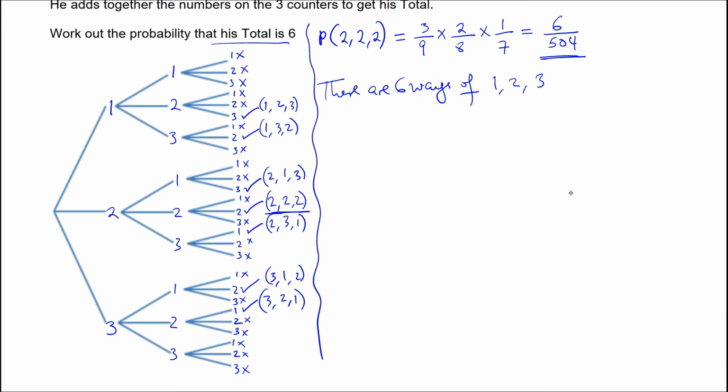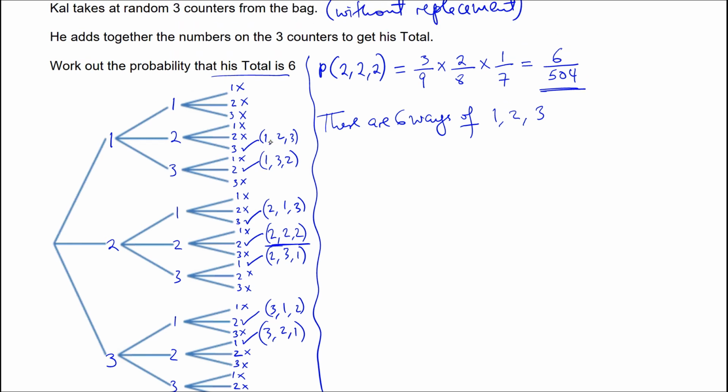What we can do is just pick one branch, work with it, and multiply by 6. So I can pick the first one, 1 followed by 2 followed by 3. Because there are 6 ways, that will be 6 multiplied by